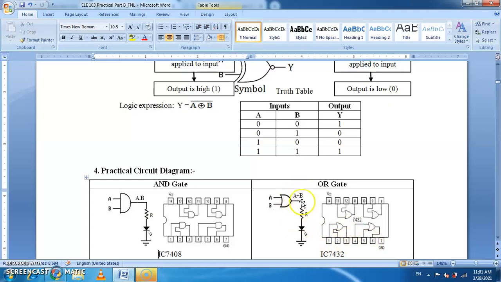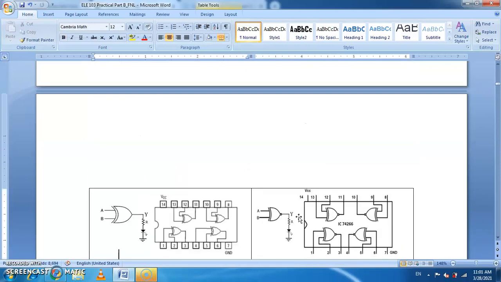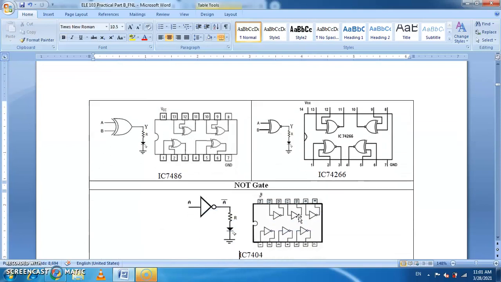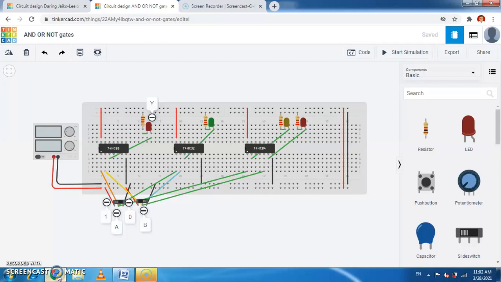Again, we test the output using the LED here. Similarly, we can have the inverter here, that is 7404. This is 7404. It consists of 6 inverters. Because it has only one input, pin 1 is input and pin 2 is output. And you will find a common thing in all these ICs: pin number 7 is ground and pin number 14 is VCC here. So we connect the ground to 0 volts, and VCC to plus 5 volts here. Okay. Now let us consider the simulation.